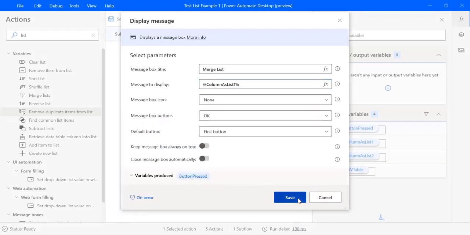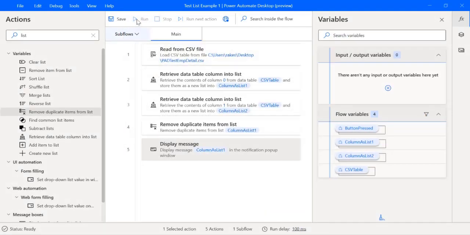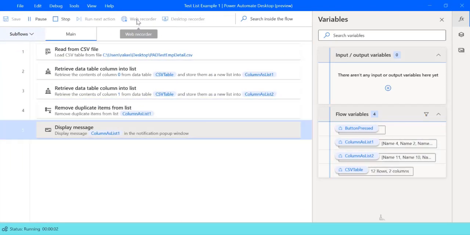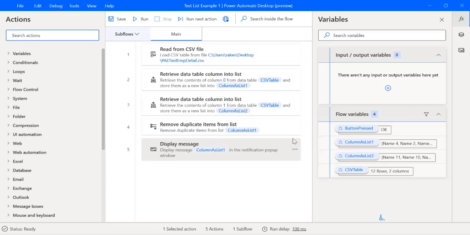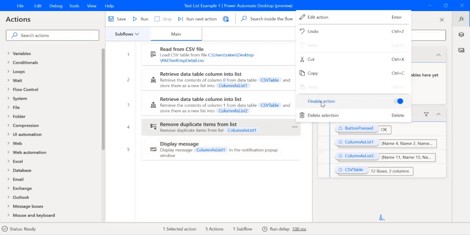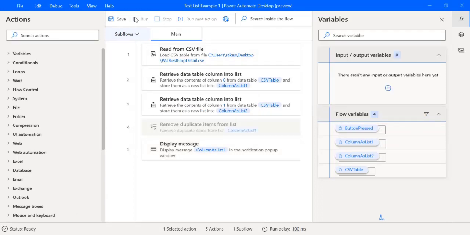Let's use this variable and save it. Now we'll run the flow. So as you can see in the result, it's pretty unique because all the items are unique. But just to show the difference, I will disable this action for a moment and I will again run the flow.